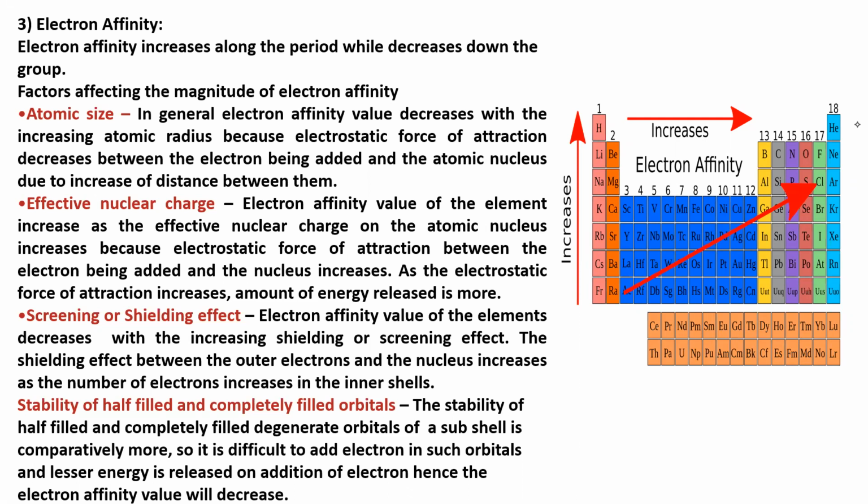All these points are very important, because they are going to ask about trends of electron affinity and ionization potential. Trends means decreasing or increasing order for different species of elements or atoms they will give: electron affinity, ionization potential, and atomic radius. All three are very, very important.